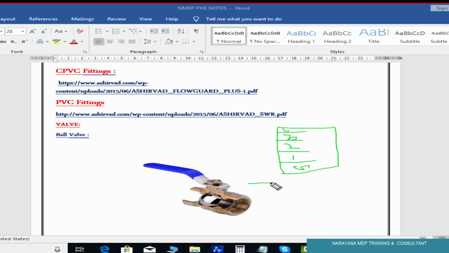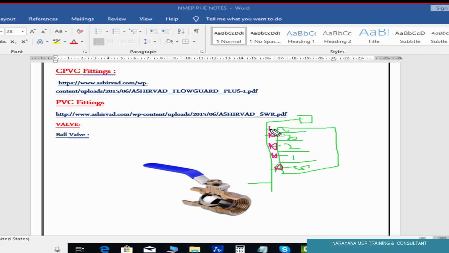A riser is going down through gravity from the tank, coming to this area, and going to each floor. What happened? We will give a valve here. Each floor we will give a valve here.